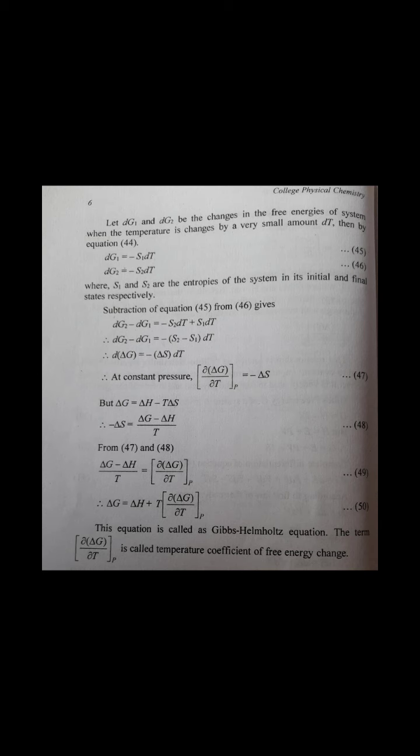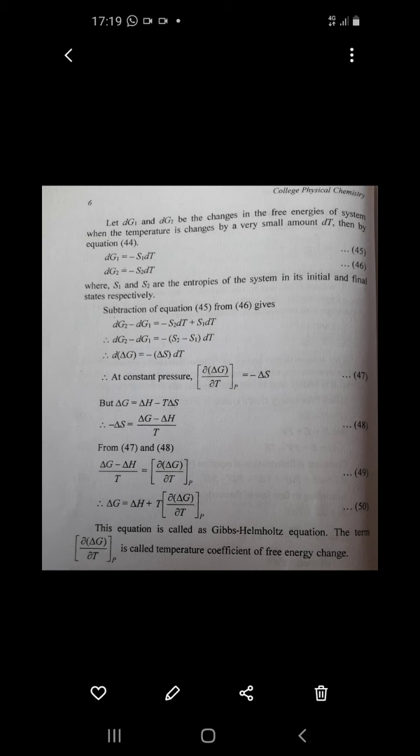It is very important from the examination point of view. So I appeal to all the students of SYBSc to write all these three equations in a notebook. One is the Helmholtz free energy equation, the second is the Gibbs free energy equation, and the third is the Gibbs-Helmholtz equation. Out of the three equations, one equation will be asked in the examination for 5 marks. So it is very important to remember.